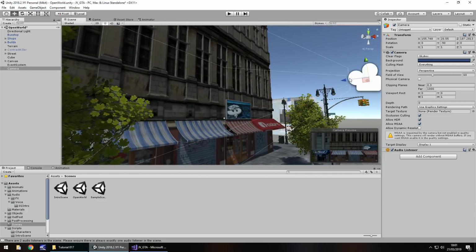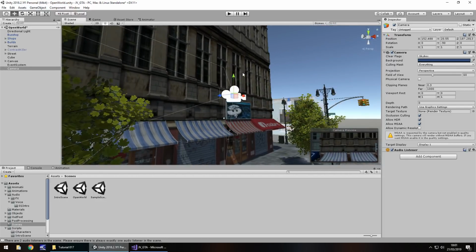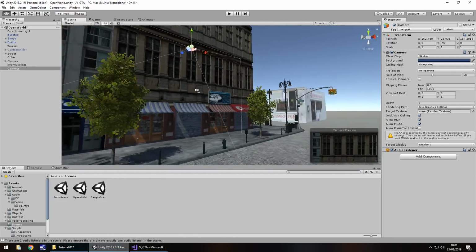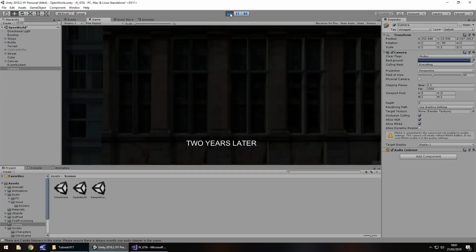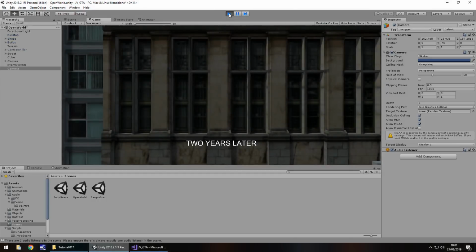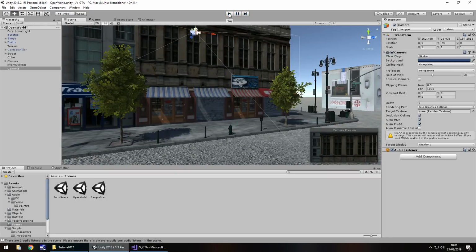Let's bring it in a little so it's kind of just looking at the building for now. And we're going to bring it down to look at Lorenzo. So if we press play now, we should see that camera as the main feature. Okay, perfect. So save the scene and let's head to our canvas.